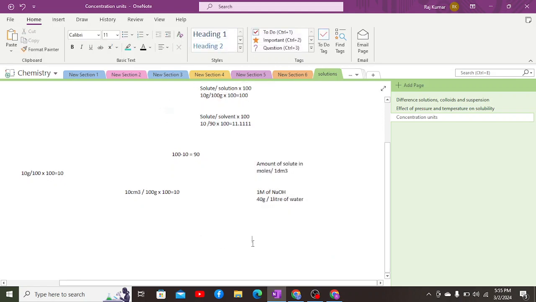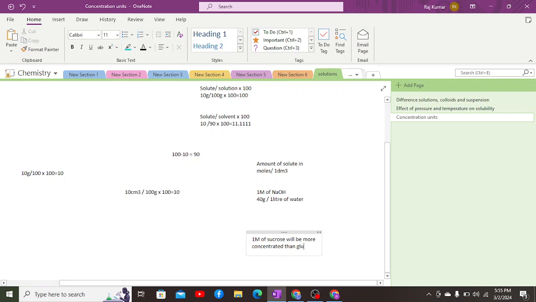Now there is a point to understand that if we are taking a molar solution of a larger molar mass, let's suppose 1 molar solution of sucrose, 1 molar solution of sucrose will be more concentrated than 1 molar solution of glucose, because sucrose is having a higher molar mass as compared to glucose, which is having less molar mass as compared to sucrose, which is having higher molar mass, right? So it will be more concentrated